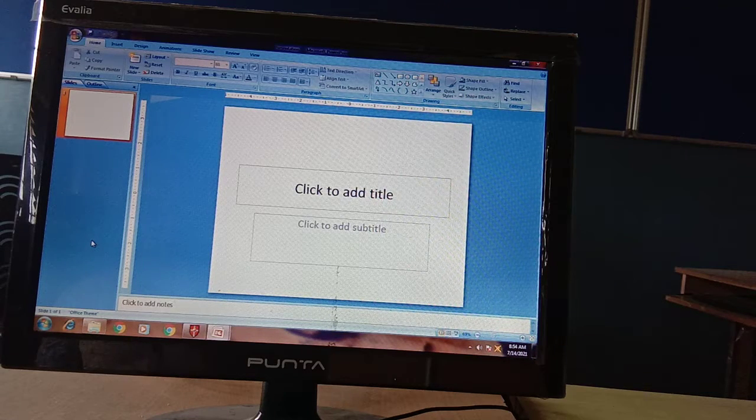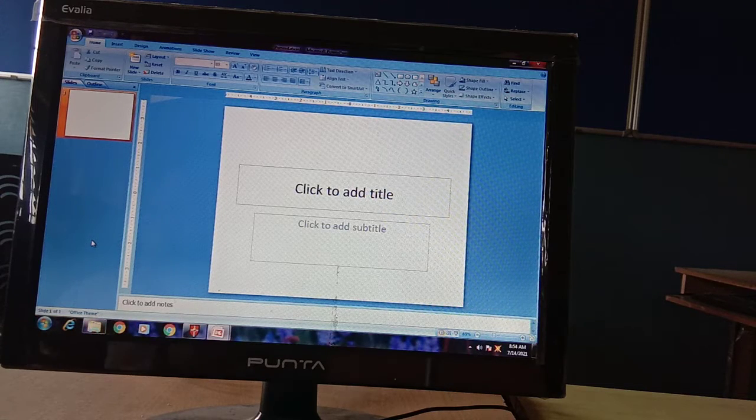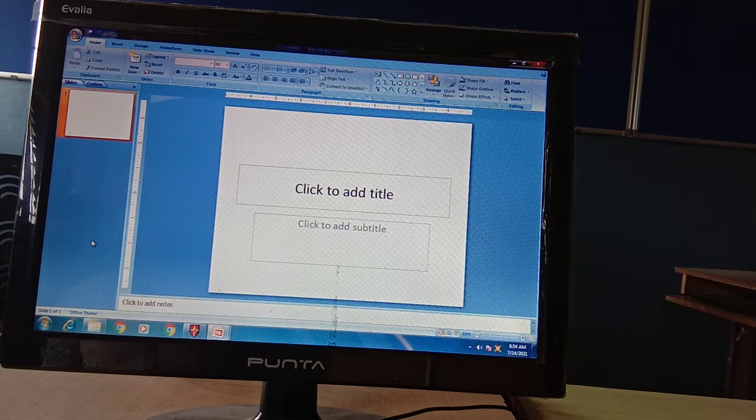So today we are going to learn. Yesterday we already learned how to change the background color of your text, and we also learned about the different types of indents we can have. Now today we are going to learn how to add a table and how to enter data in the table. So let's choose one more slide.